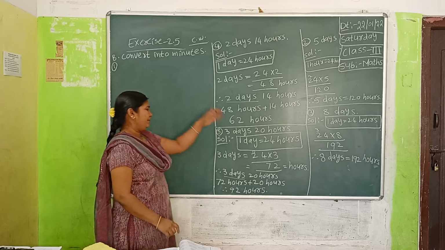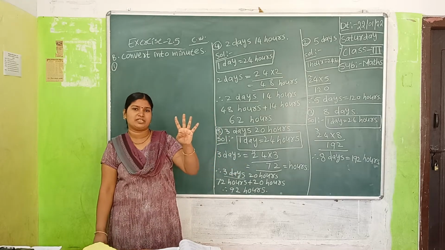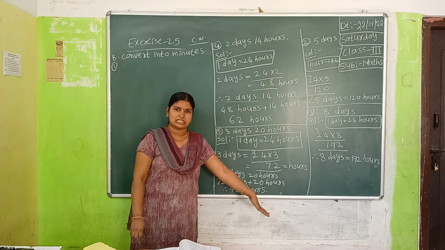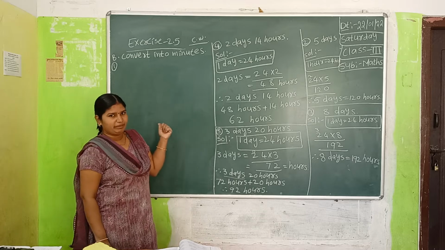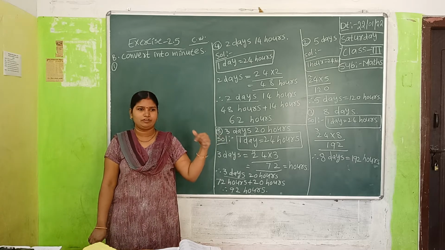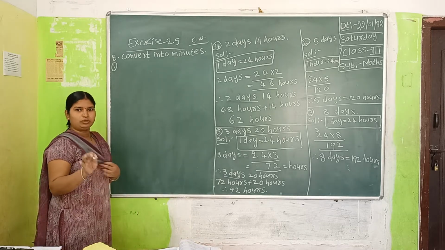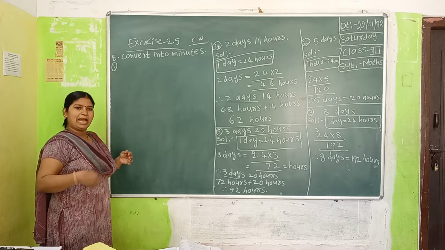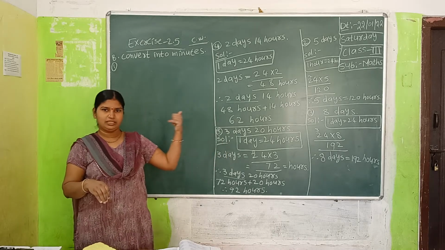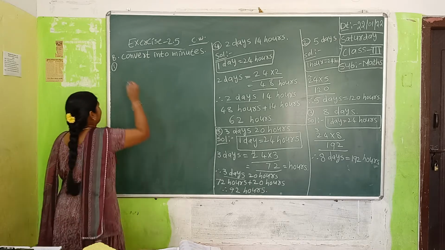Now listen, I explained only 5 problems. 6, 7, 8, 9, the remaining 4 problems are there. First you have to complete the 4 continuously in your classwork. Then only go for the B bit. Okay? Stop the video, note down all that. After that, go for this bit. Don't leave your place and don't waste your time. If you understood this, you can finish within 5 minutes. B bit, the first one: 7 hours.